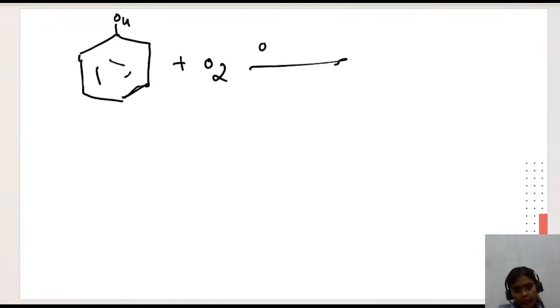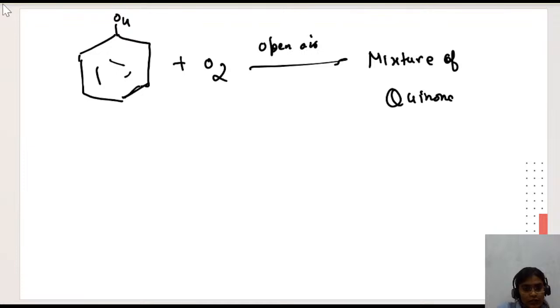Now, one more point: if you put phenol into the open air, instead of getting the oxidizing product, we end up with a mixture of quinones, different kinds of quinone, substituted or not. Let me just write it, it's an extra point for you. So a mixture of quinones we're getting, and because of this we end up with a